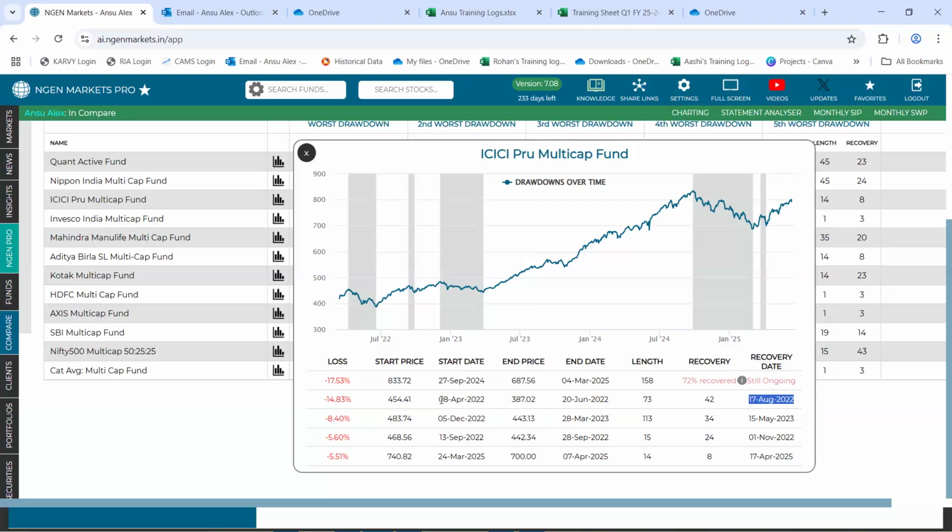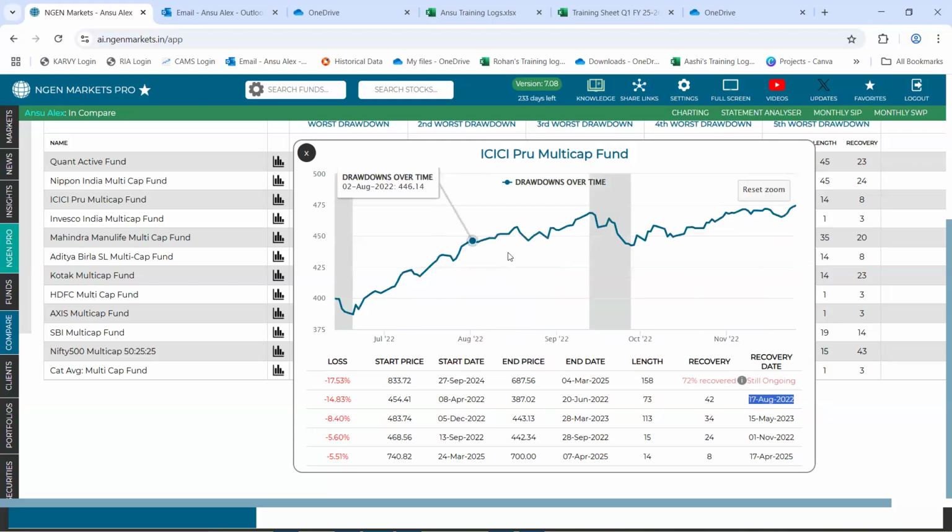Now, if I try to locate this second loss onto this line graph, let's say I try to locate the recovery date onto this line graph, which is 17th August 2022. So right here, I'll try to highlight this section. Yeah.